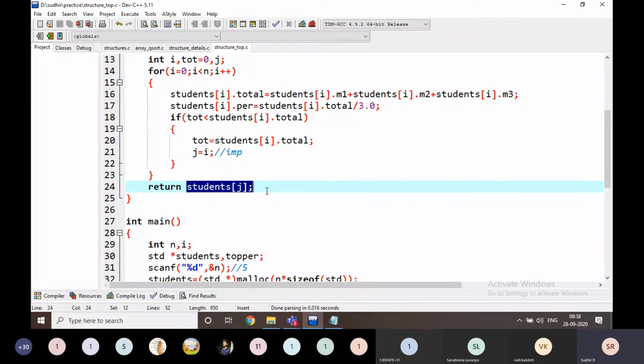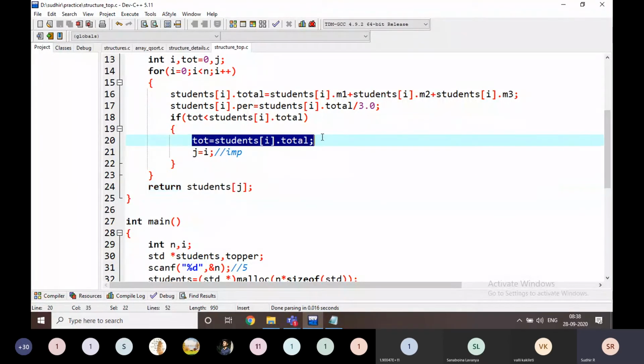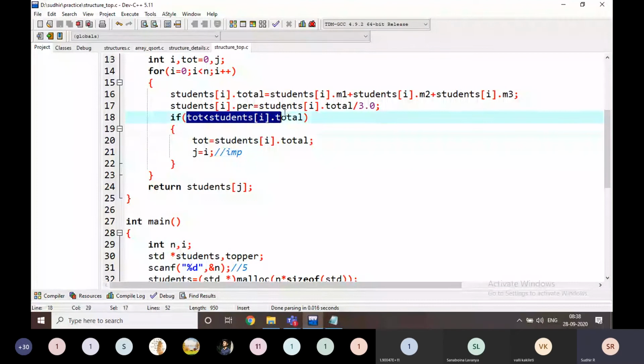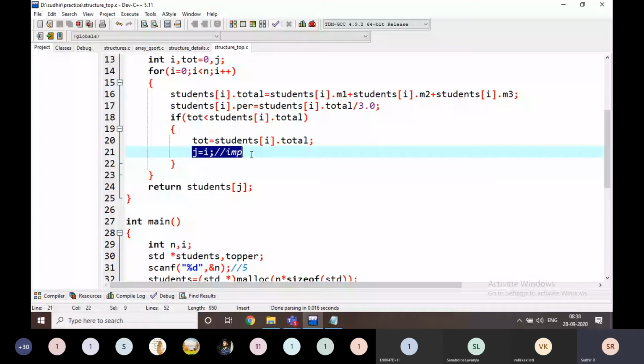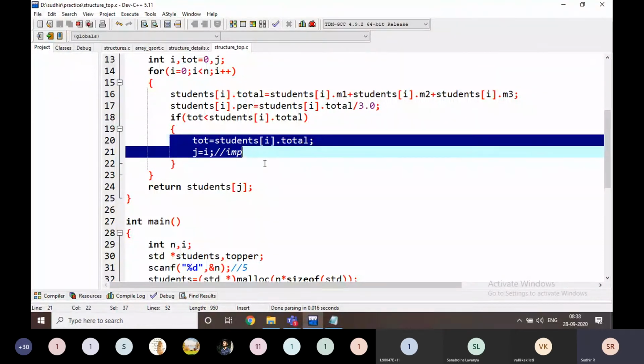But why am I writing total is equal to students of i dot total? If I am not placing this, this condition is every time false, right? That's why I am going to maintain the data in total, who got the highest marks, and also the index of that highest mark student every time. That's why I am writing these two lines.